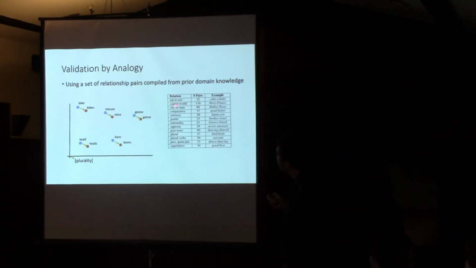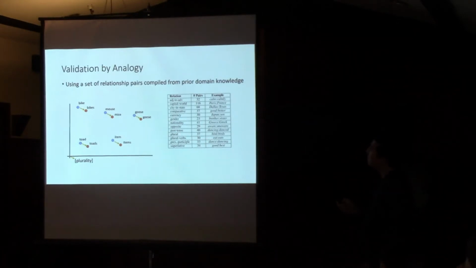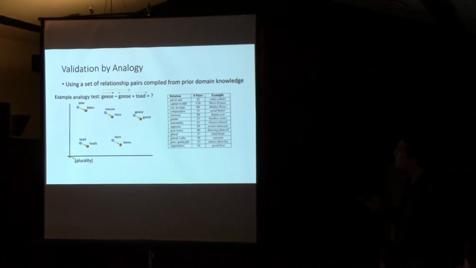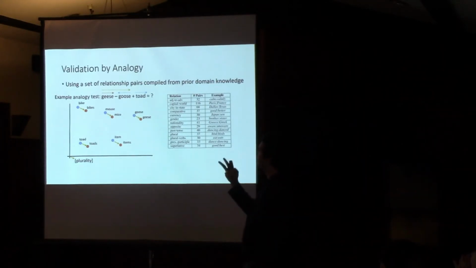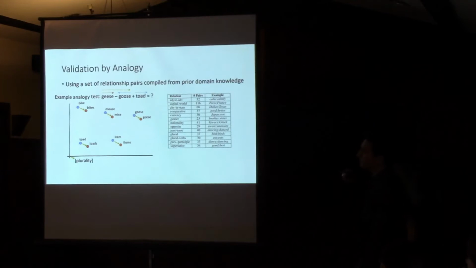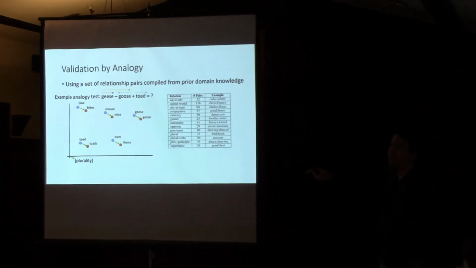This is capital world. They have 116 examples, such as Paris to France, city and state. You can imagine what that is. Currency, gender, brother to sister, so opposite gender words. Past tense, plural is one of those. And so what they'll do is they'll take an example test analogy, which is two pairs from the same relationship type, and they'll see if the model can complete that analogy.